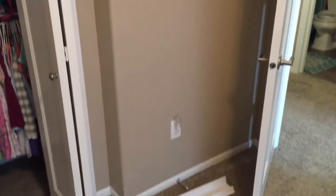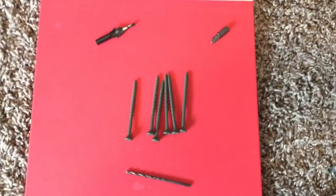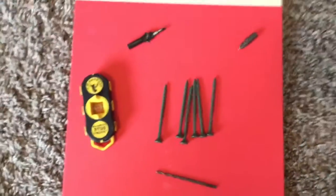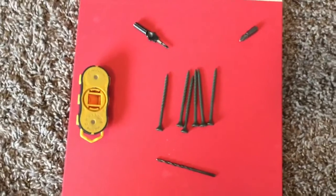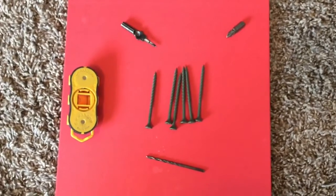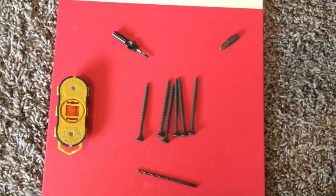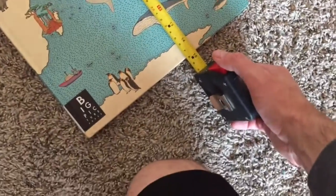So we have our bare site here. And hopefully if you did all your measurements and your cuts correctly, as I mentioned before, you're going to have a place in each of the book ledges that you're going to install, two different points to connect to the studs, if that makes sense. So I have my stud finder. I'm using 2.5-inch screws, and that's going to be able to penetrate the drywall and the studs behind